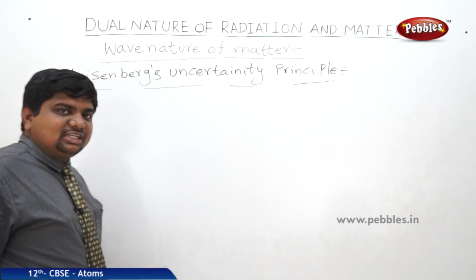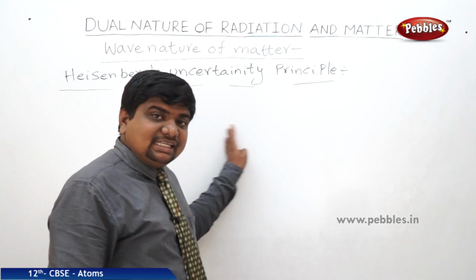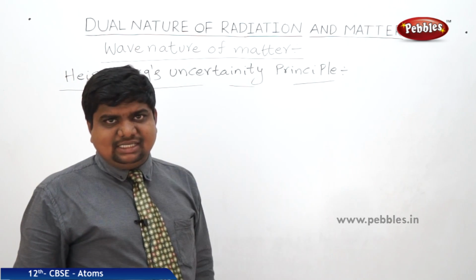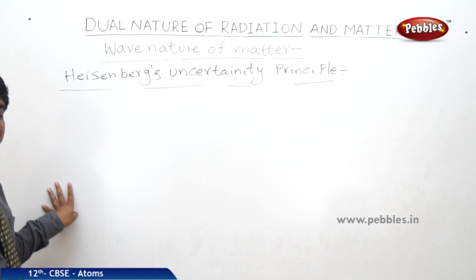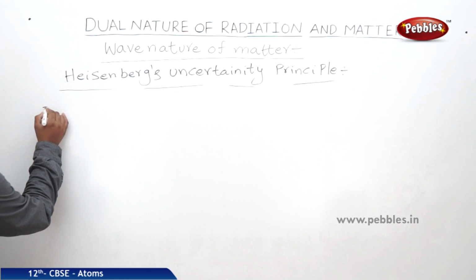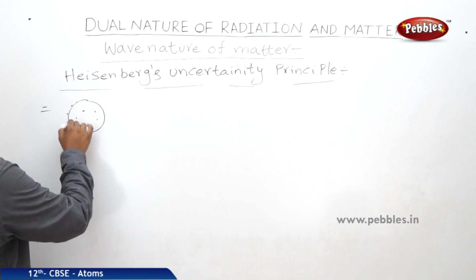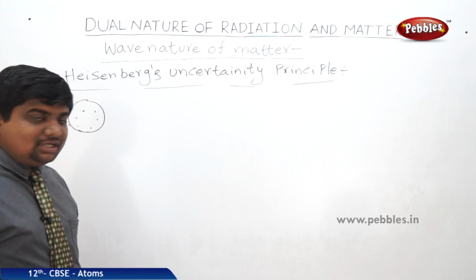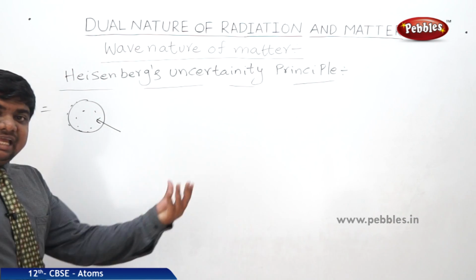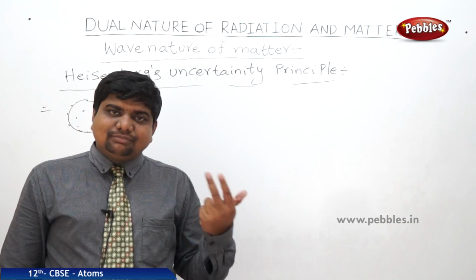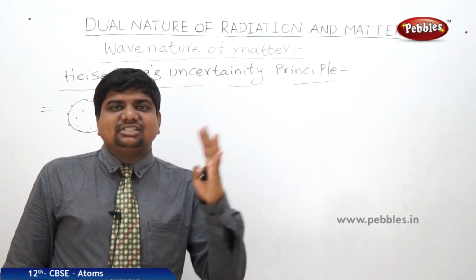So what is this uncertainty principle? Previously we discussed that for macroscopic objects the wavelength is very small, so beyond our limits. So is it possible to find the wavelength of microscopic objects? Suppose this is the atomic structure, it contains n number of electrons around the orbits. If you want to see these electrons, you should apply energy. Once the energy is radiated to the electrons, they absorb the energy. Whenever any electron absorbs the energy, it won't sit calm. It will roam around within the given lattice with enormous speed.